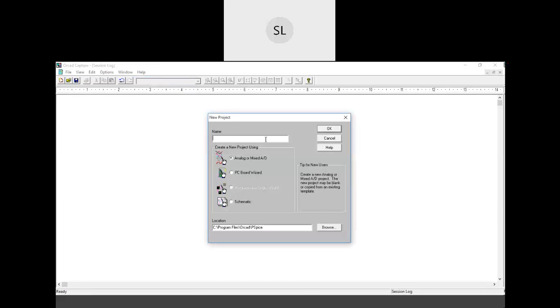Here you should give a name to your project. Suppose I give it as characteristics of SCR.